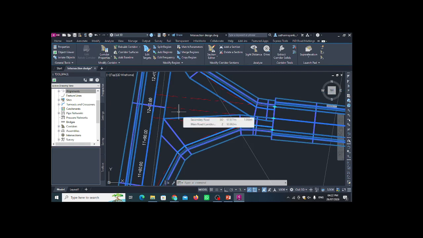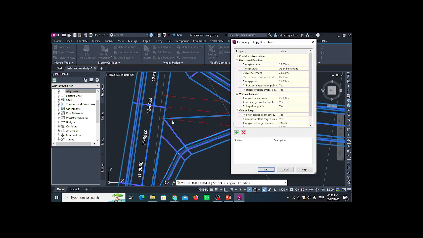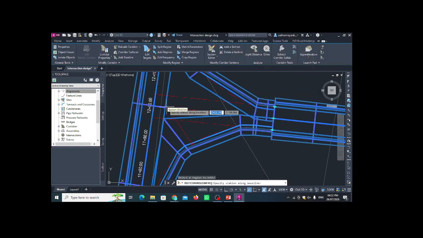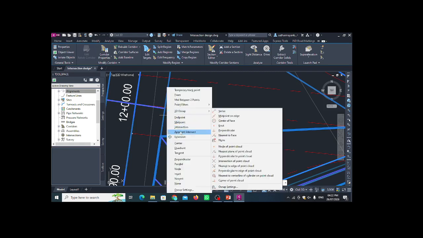So for that, we select the corridor and go into edit frequency. As we go into edit frequency, we have to select the region. So I am selecting this region. As I select the region, you can see the apply assembly frequency dialog is open. Now, I see this point is not added into this corridor. So I click on this green button, and then you can select this one, but it is not selected. So what I am going to do is shift and right click of the mouse,